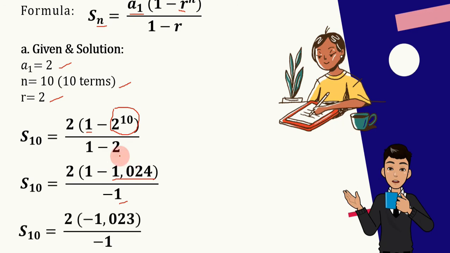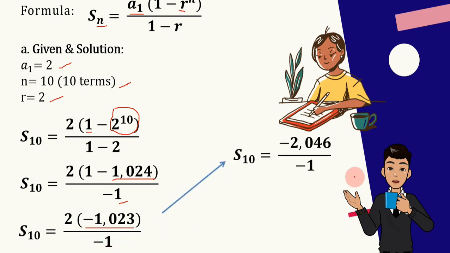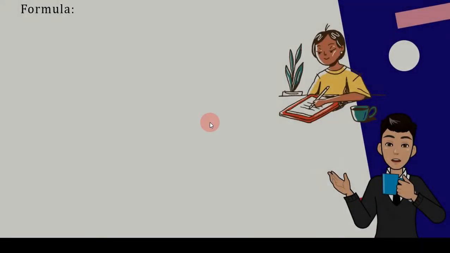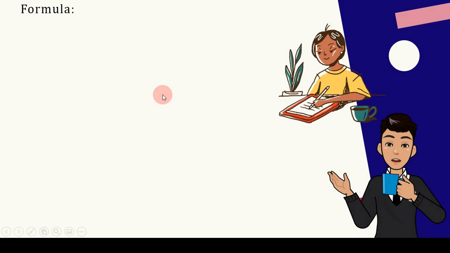Then, simplifying further, we can have an answer. 1 minus 1,024 will get negative 1,023. And then, multiply your answer by 2. You will get an answer which is negative 2,046. Then, andun pa rin yung sa denominator natin yung ating negative 1. Ito po siya, yung negative 1 natin, ha? Okay, so andyan pa rin yung negative 1 natin na pandi-divide. And that will become now positive 2,046. Pag dinivide natin itong dalawa, that will be our answer. So, therefore, the sum of the 10 terms is, okay, here, ipapakita ko na lang yung pagkuha ng ating 7th